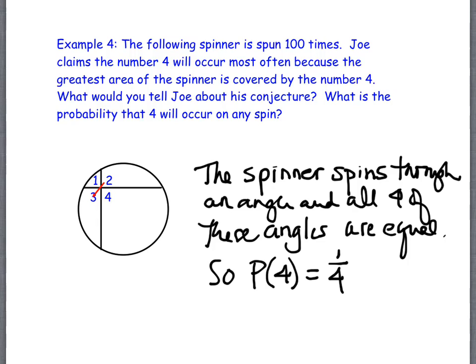Now let me change the problem slightly, and I want you to think, what if you had this same spinner, blown up big or whatever, put on the wall, and you were throwing darts at it? Then it would matter, wouldn't it? Then would you be more likely to get a 4? Yeah. Absolutely. So don't let the picture dictate what you're talking about. You really have to talk about what is the probability of happening. In this case, it was a spinner. In my verbal example, it was darts. That's a different case, okay? Same picture, though. We can talk about it in a very different way.